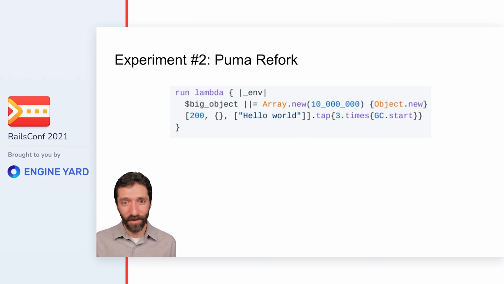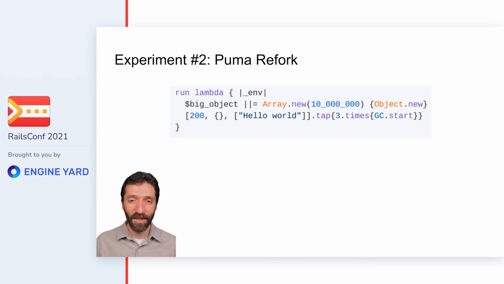In the Rack handler, all this app does is it lazy loads a really big object as a global variable. And in the real world, ideally, we could just refactor this app to preload this object outside the handler so it gets loaded before the initial fork. But this is a contrived example, and sometimes this kind of refactoring is not as easy as this